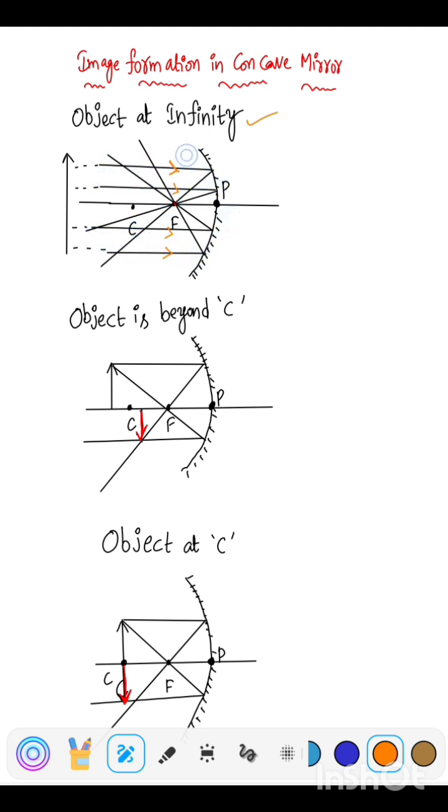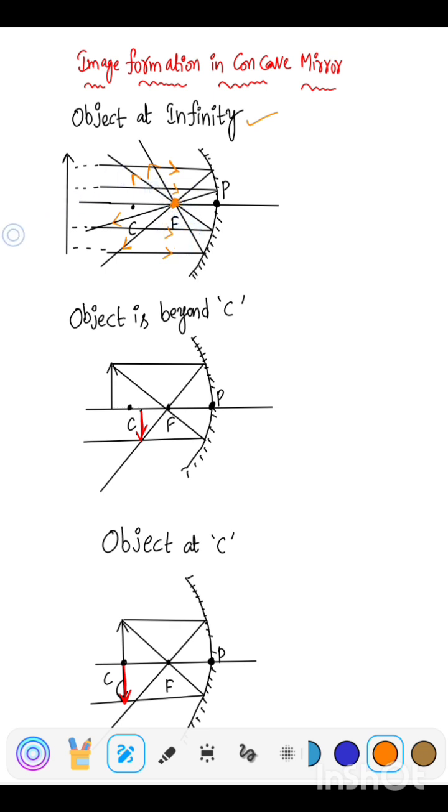And we know that according to rules of ray diagram, if the incident ray is parallel to principal axis, then its corresponding reflected ray must pass through focus. So the corresponding reflected rays are these. So this one is another reflected ray, and this one is, so these are the four reflected rays and these are the four incident rays. Okay, now we can observe that all these four reflected rays are meeting at one point, which is called as